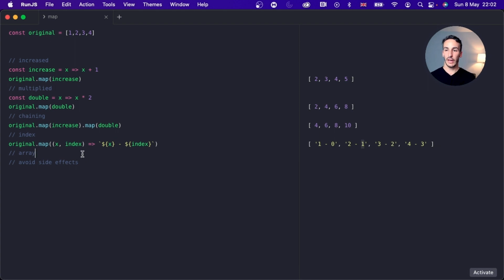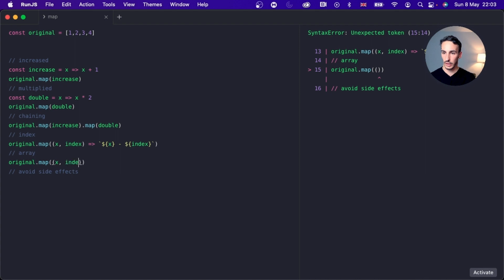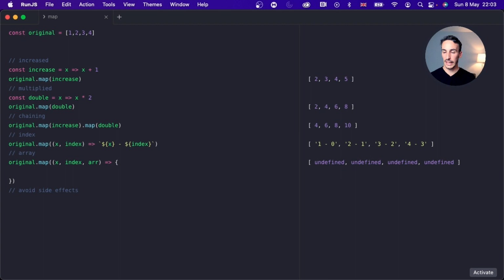Or we can even have access to the array we are iterating. For example, I could do something like this: x, index, array. And let's say, for example, that we want to reverse this array. We would like to have 4, 3, 2, 1 instead of 1, 2, 3, 4. So something I could do would be to get the last index of this array, like last index, and do array